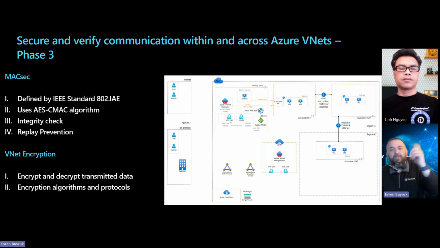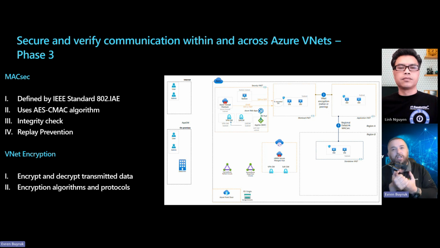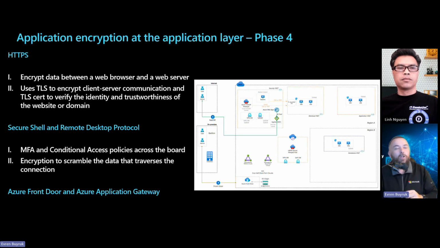So this reference architecture, which I put here, is going to be providing this security. One other thing is that encryption alone is not going to be enough to ensure zero trust security. We should also monitor the network communication within and across Azure VNets. And again, this communication is going to continue, as we are going to be talking about